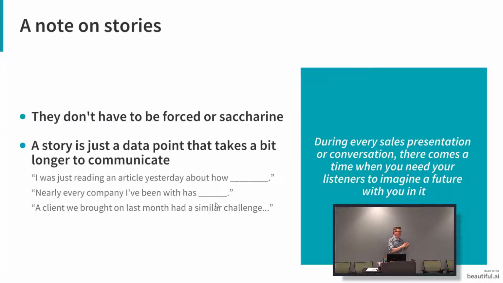But a story doesn't have to be that. A story can just be any data point that you can tell a story about. So I gave a few examples here. These are stories, right? I was just reading an article yesterday about blank, about this company. They're in the process of this. That's a story. I mean, there are good and bad ways to tell that story, but that's still a story. And some other examples, like